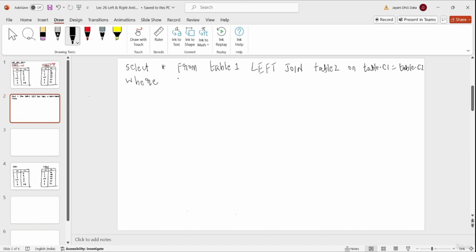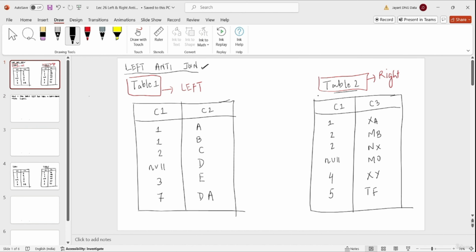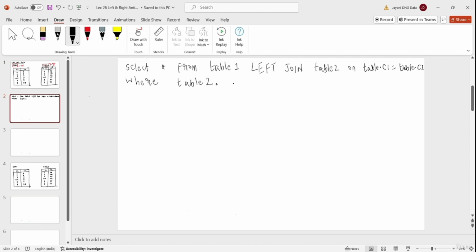In table 2 we have column C1 and column C3, so I am writing where table 2 dot column 3 is null. This will generate an output that consists of records which exist only and only in the left table. How is it so? Let's understand that.